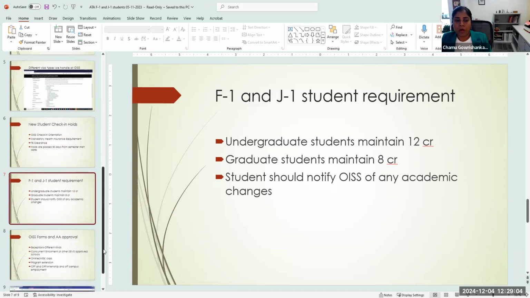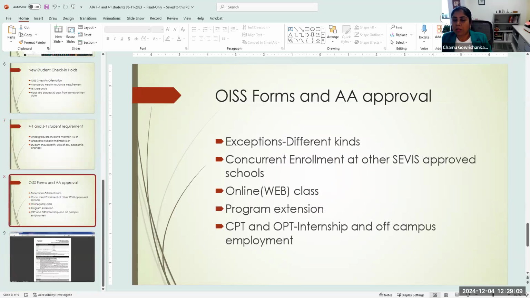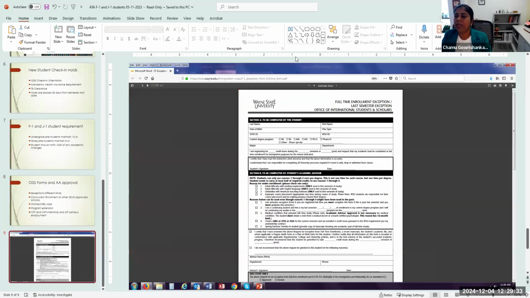All right, moving along, I'm going to talk about some forms. One of the forms is the exception form that the students will bring to you. I think I may have a picture of that so you can get an idea if you're wondering what these documents are that international students are bringing. It's typically just to get approval from the advisors to make sure they are in compliance for their visa status.